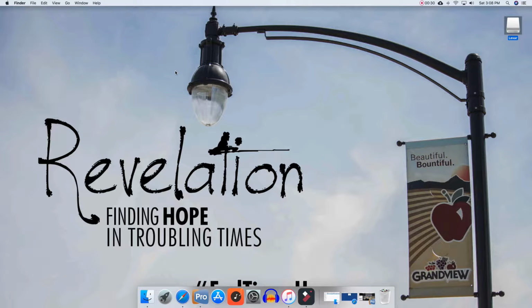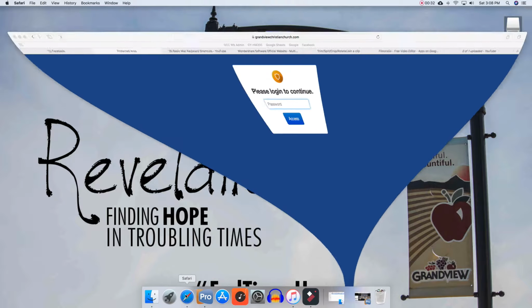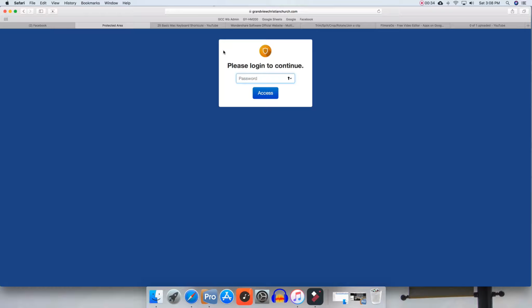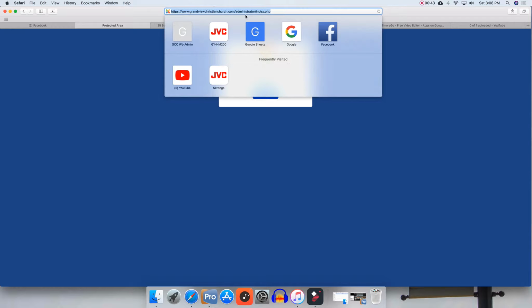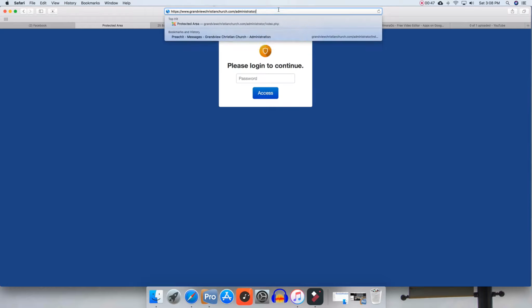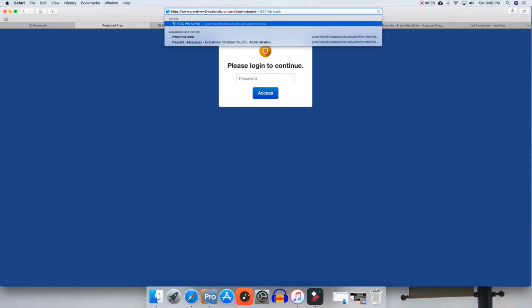But closing that, I'm going to go to Safari, our internet browser. Now here I am on the login page for the church. I've added a bookmark right here, GCC web admin. That's the URL to find the page. If you ever need to find this even from home, if maybe you take the USB home or you have access to the Google Drive at home and you wanted to add the sermon at home, you would go to